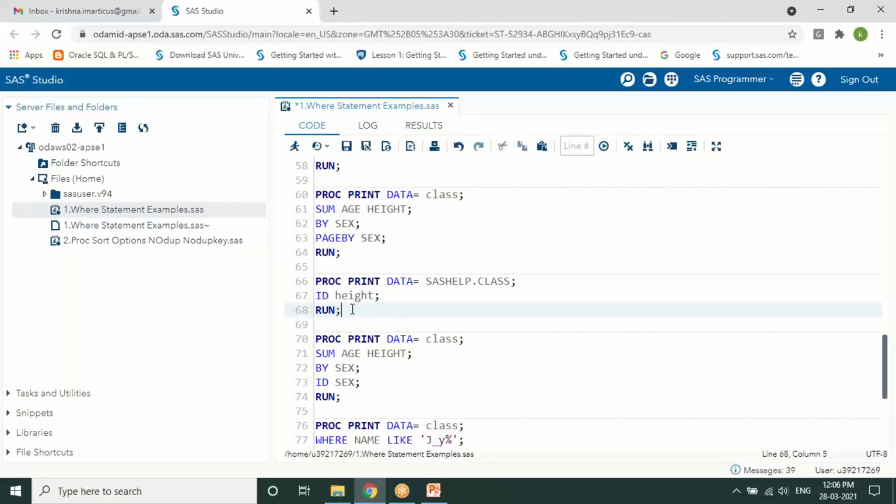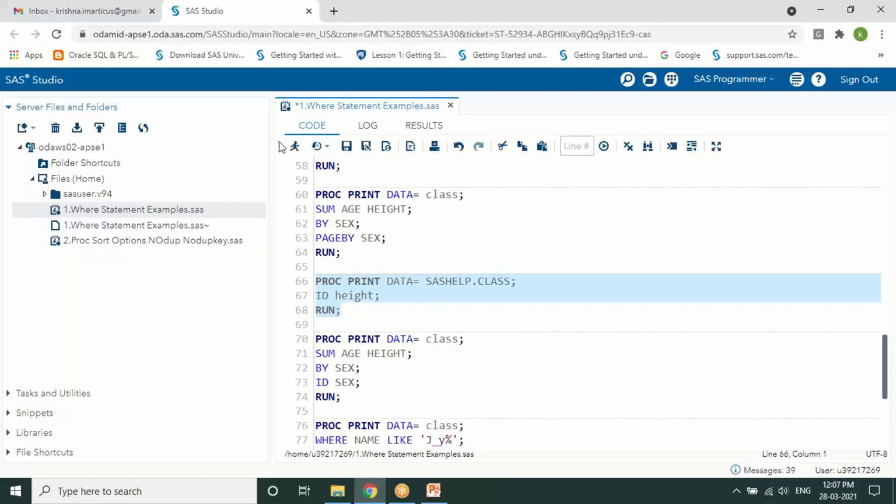Okay, and the next one is ID and height. So what is an ID statement? By default, when you are using proc print, the observation column is printed. Instead, if you want to suppress the observation column, we can use a statement called ID and the variable, whichever variable you want. Let's say in this example it is height.